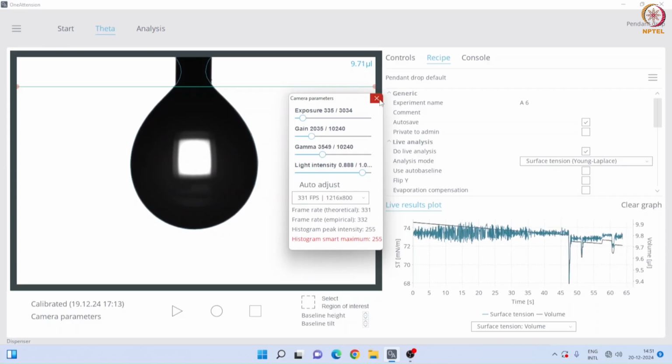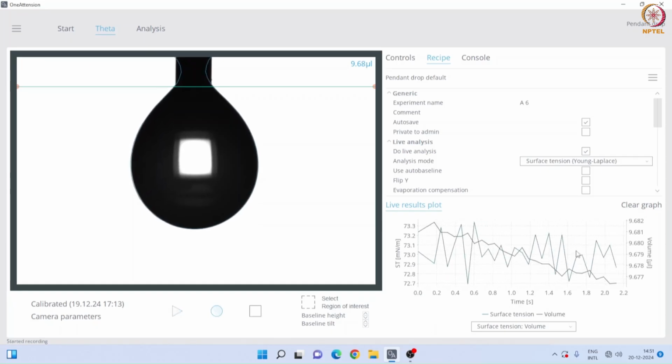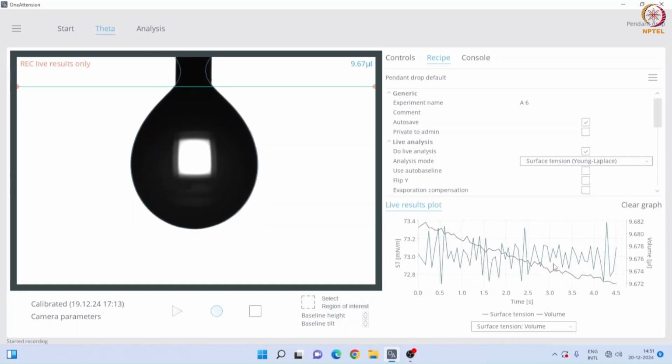Now our droplet is ready. As you can see here, this is giving us a result of 72.8. This is the blue line for the contact angle. Now click on start to see the interfacial tension. This is now recording the interfacial tension of the system.